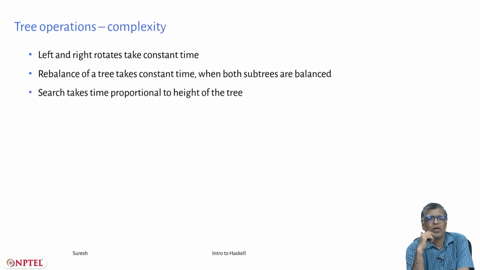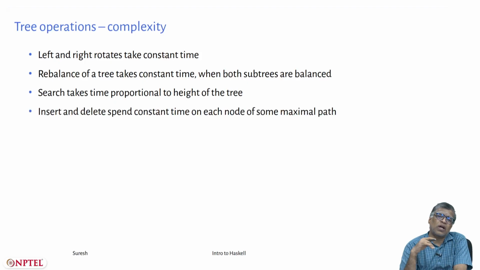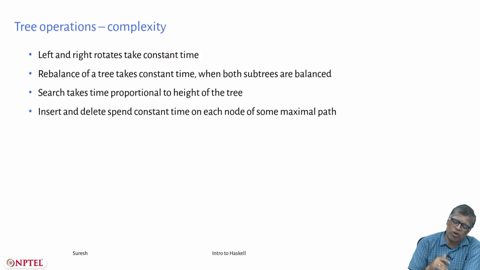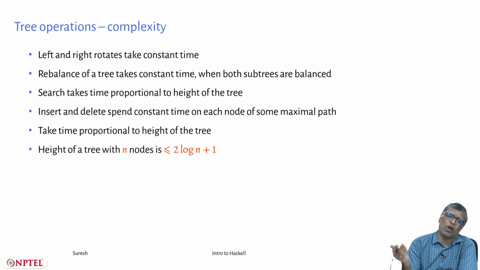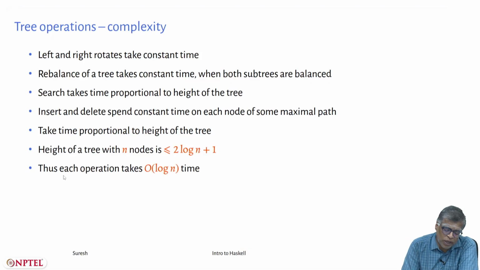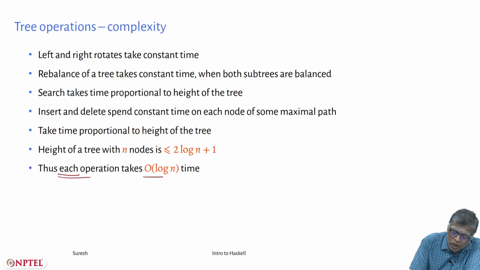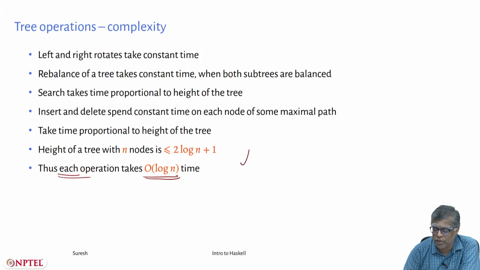Okay. So, search takes time proportional to the height of the tree. Insert and delete spend constant time on each node of some maximal path, potentially a maximal path, and that is proportional to the height of the tree, but height is bounded by log n, right. So, this is the whole point. So, each operation takes order log n time. So, a sequence of n operations